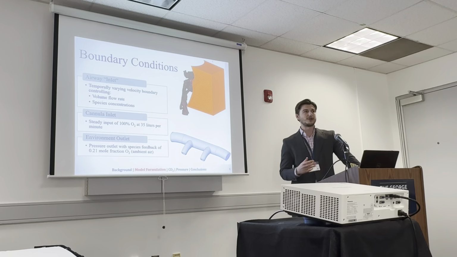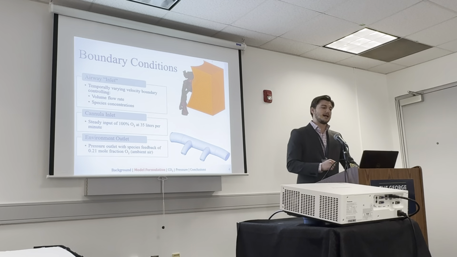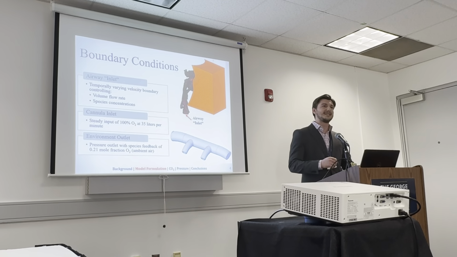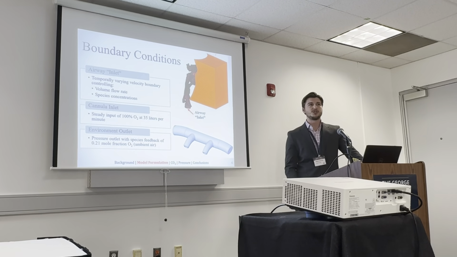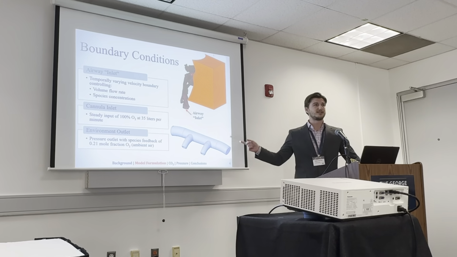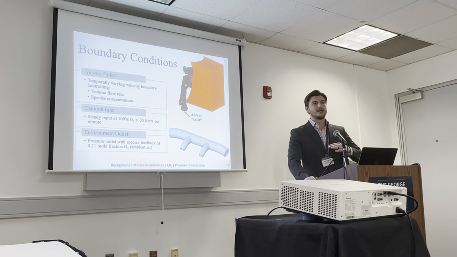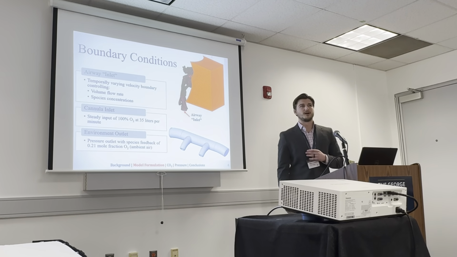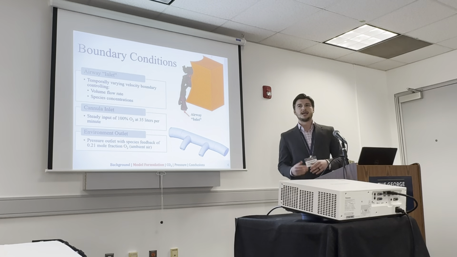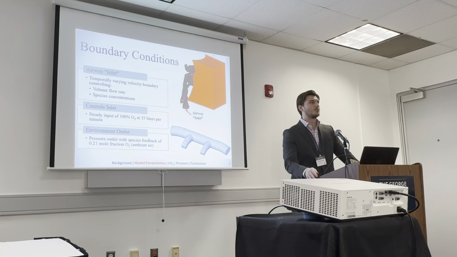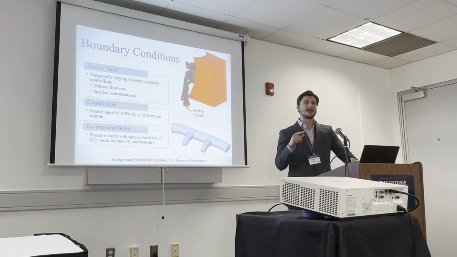A quick overview of the boundary conditions that we're using in this model. So the airway inlet is in quotes because it functions as both an inlet and an outlet, because we have a user-defined function applied to the base of the trachea there. So we're tracking a realistic human breathing curve of somebody suffering from COPD. So it's a slightly increased respiratory rate, and it's more of a sinusoidal breathing curve, so it provides less time